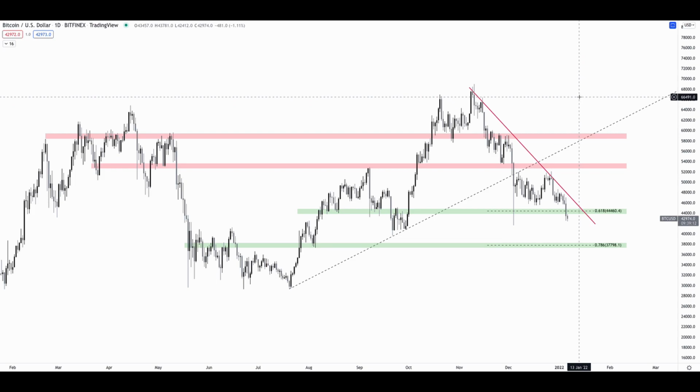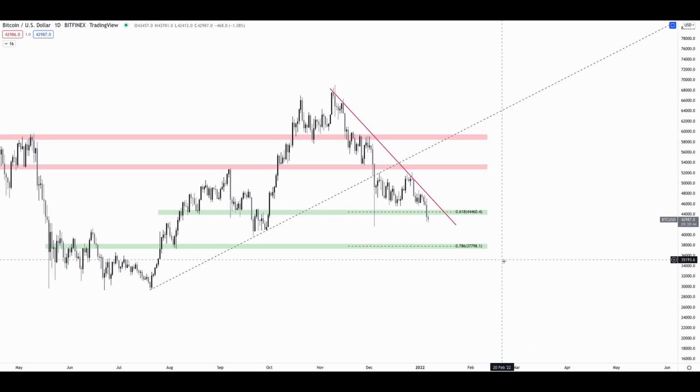So, without further ado, let's dive right into what we can see from the charts today. In my newsletter, I explained the probable bullish and bearish cases, and with the recent dump down to 42K levels, I think my short-term bear, long-term bull thesis is the most probable case for now. So what I want to do is first explain the bull thesis that I had for the short term that obviously got invalidated, but this was what I was looking at.